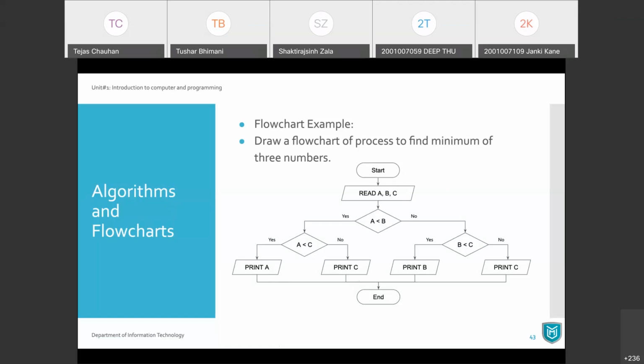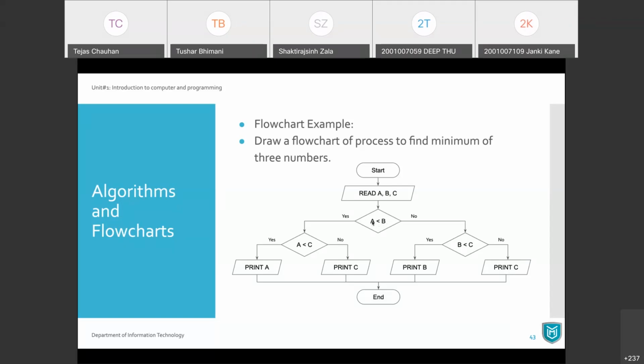Okay, Abhishek is asking, sir, A less than B, that statement, yes or no? I'm having confusion on that. Okay, so it's very simple, Abhishek. Look, at this place, read A, B, and C. You have three numbers. Now, from those three numbers, you are going to take two numbers first, A and B, and you are going to compare A and B. If A is less than B, then you have some outcome.